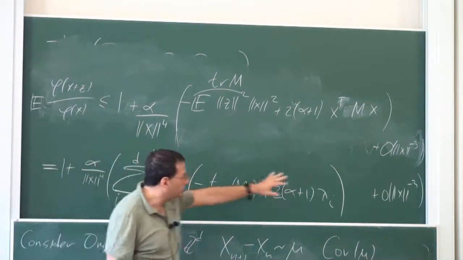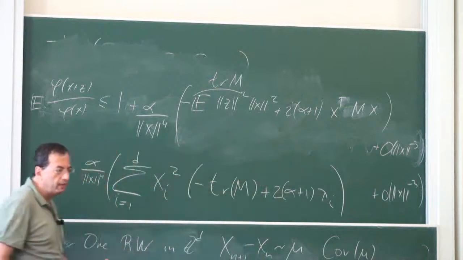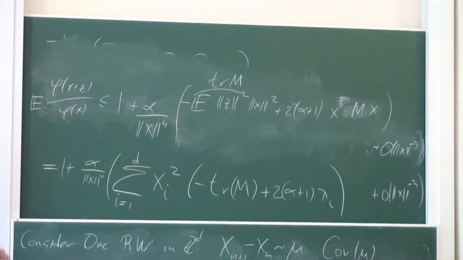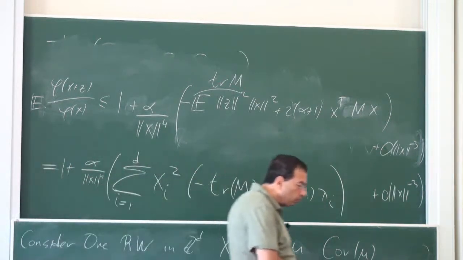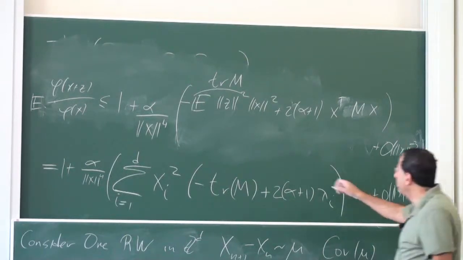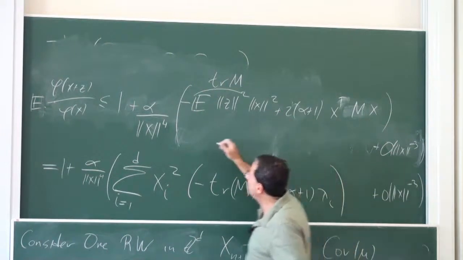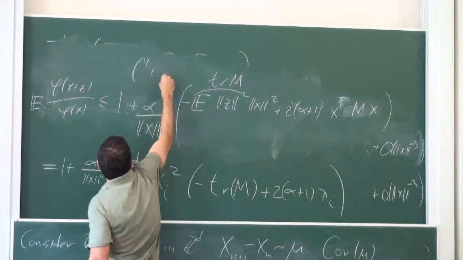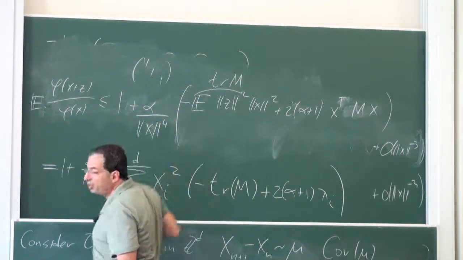So the error is really negligible, and we get the supermartingale property for large x, which is all we care about, because for small x we don't have to worry here, because we take a minimum with a constant. So this verifies the supermartingale property under this assumption. So if you have simple random walk, the covariance matrix is 1, 1, 1, and you're fine. The trace is 3, and you see how